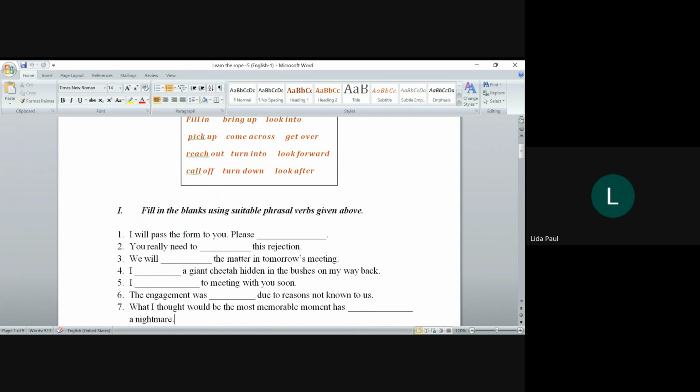Yeah, nothing of that. See, when it comes to the separability and inseparability factor, the answer lies more in use, right? So there is no reason why it should not happen grammatically. Like if I can say fill it in, then why should it be wrong to say get this rejection over or get the rejection over? So grammatically, this is not a problem, right? Grammar doesn't stop it from behaving that way. It is the use, right? It's the use and convention that is preventing you.